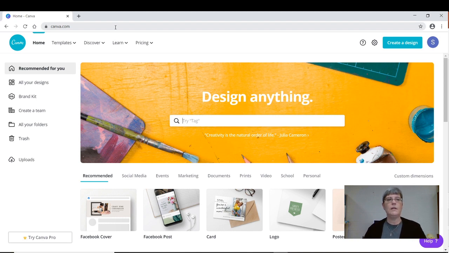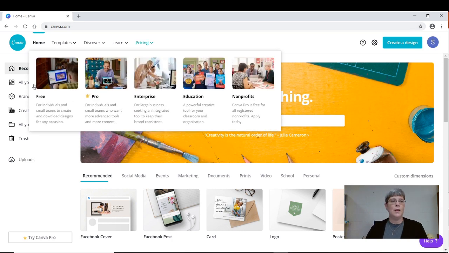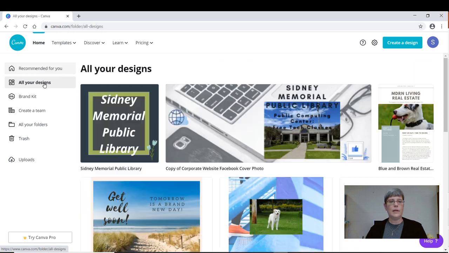It is free. Just go ahead and fill in your information. If you have a Gmail account, it really makes it a lot faster. Just type in your Gmail account and your Gmail account password, and you get right into Canva. So I am going to click on this and show you a bunch of the designs, things that I've done